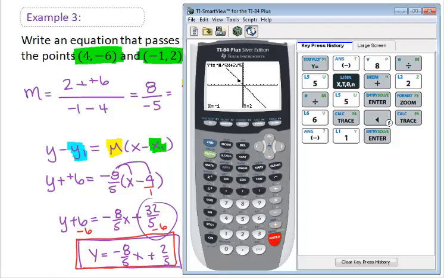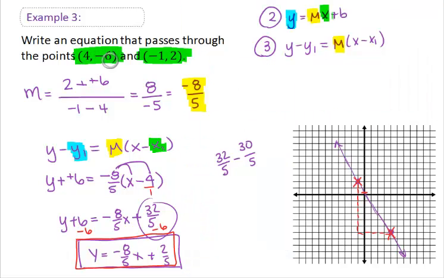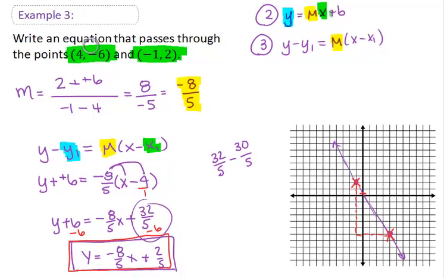Now we also need to confirm that it goes through the other point as well. So if you hit your trace button once, you actually do not need to hit it again. All you have to type in is the correct x value. So our other x value was x equals 4. Again, notice your calculator is telling you that's what you're typing in on the very left. If you hit enter, we should come up with the corresponding value of y equals -6. And that is correct because that is what we were looking for.